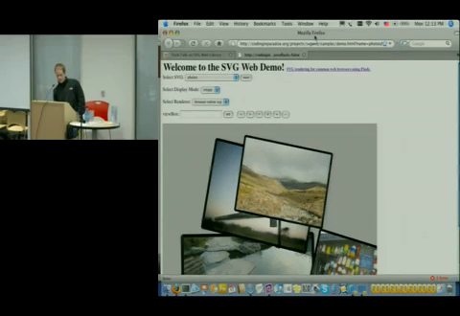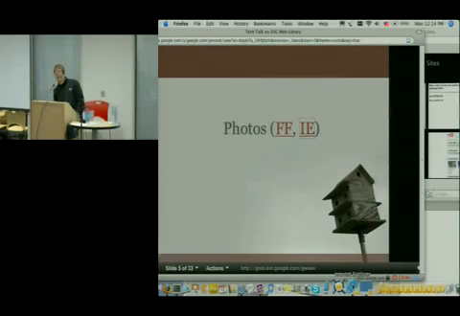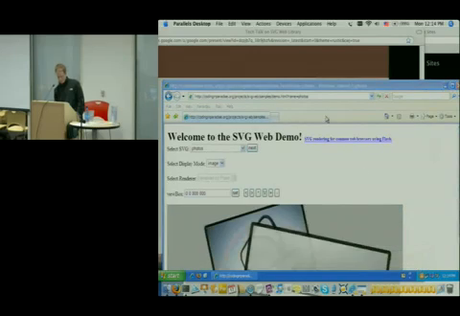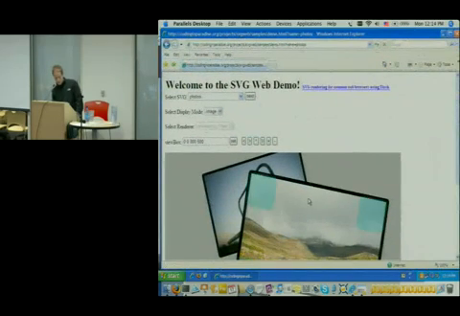But then we can take this and go to Internet Explorer. This is IE 7. And we see the same thing running with the same degree of fidelity.